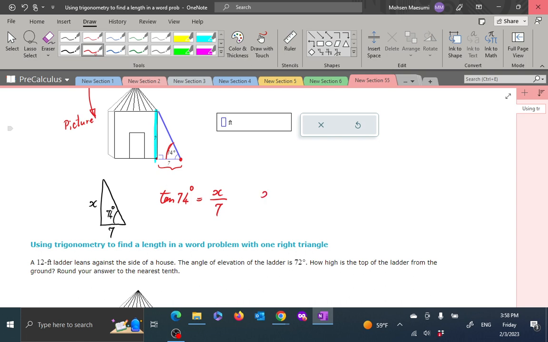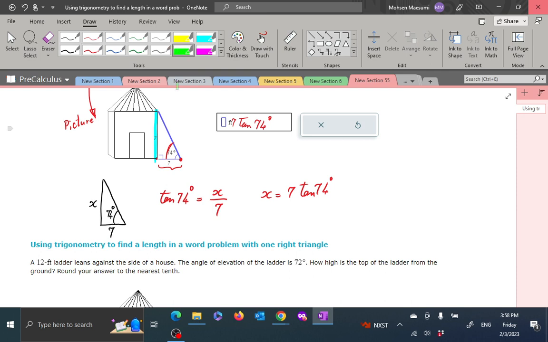So X, I multiplied by 7, is 7 tangent of 74. Again, be careful to put your calculator in degrees first. You find tangent of 74 multiplied by 7, and then you're all done. This is going to be 7 tangent of 74. Now,